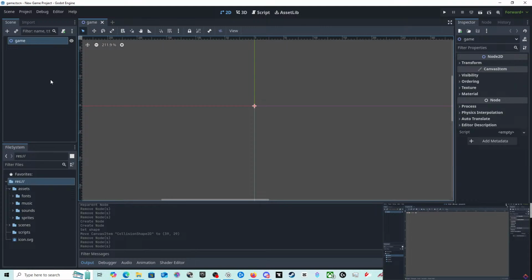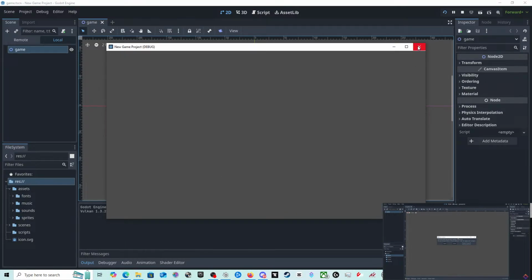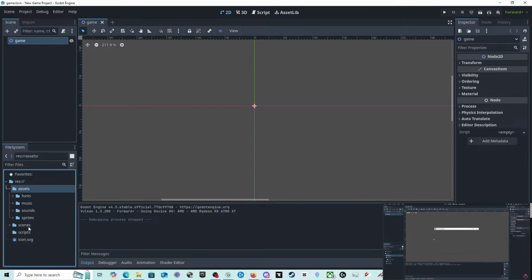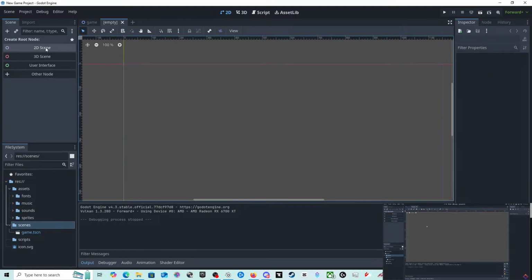But let's try it out. So let's hit play up here, or simply press F5. It's going to tell us that we haven't selected a main scene. We need to tell Godot which scene to run. I'm just going to press select current, and you can see that our game scene becomes blue to let us know that this is now our main scene. And as you can see, not much is happening here. So let's stop playing by hitting the stop icon here or pressing F8. And let's put in a player to make it more exciting. So first off, let's create a new scene by hitting the plus sign up here. And this will be our player scene.